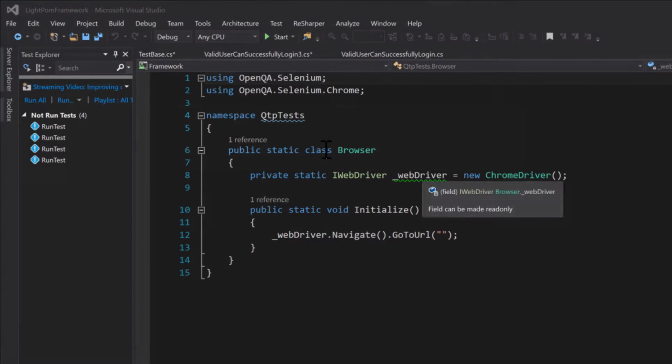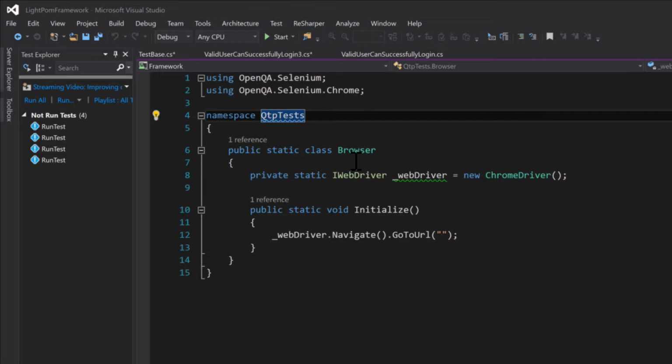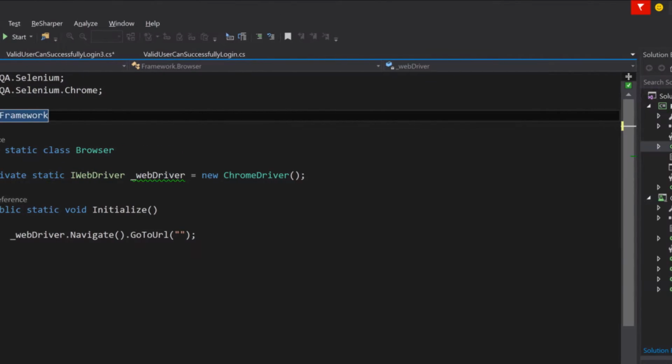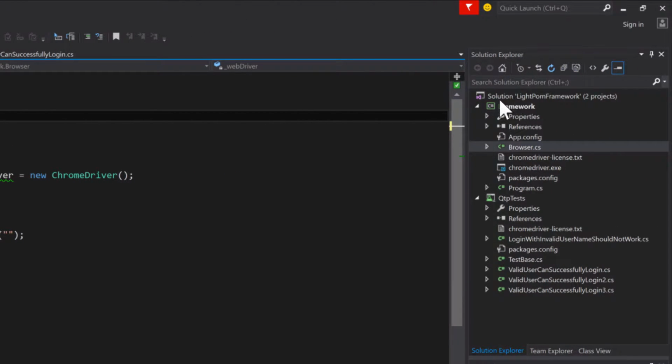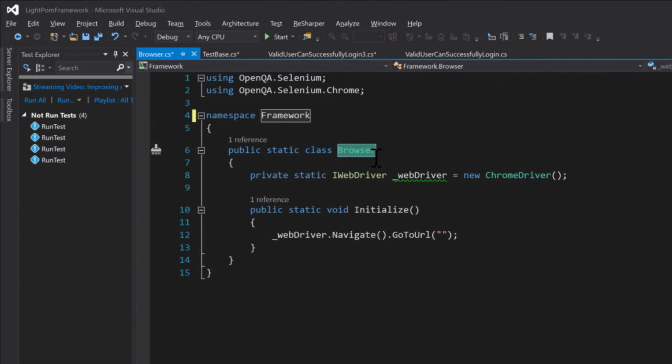So ReSharper is going to complain here and give me a little warning that namespace does not correspond to file location. Excellent. I would like to update that so that it's obviously in the framework namespace. See that? So it belongs to the framework project. So it's framework.browser, not QTP tests.browser, which lives here. So that's excellent. And now we have our browser class living in its own file with the WebDriver created and